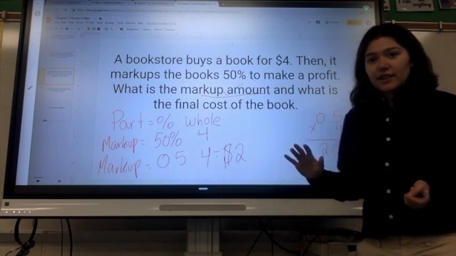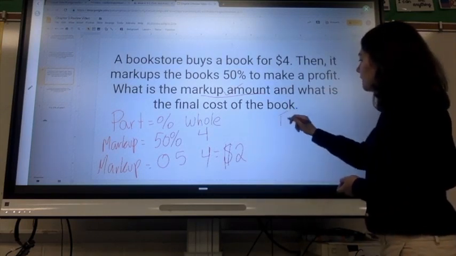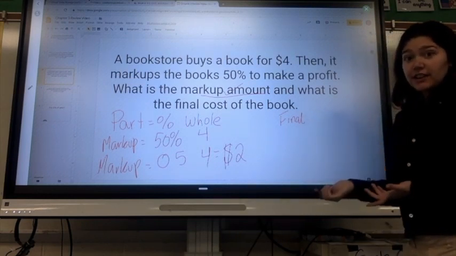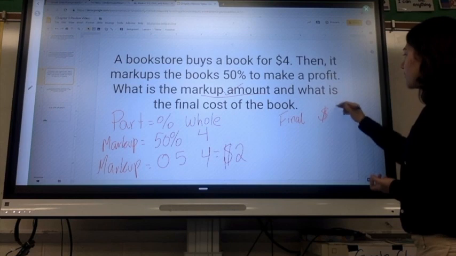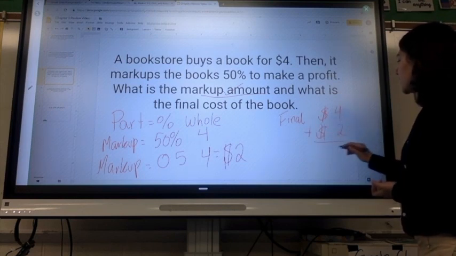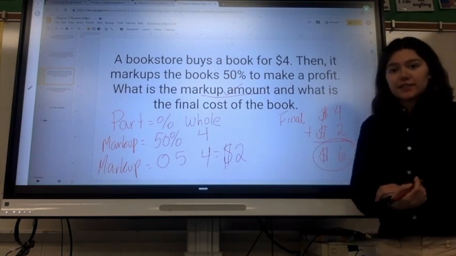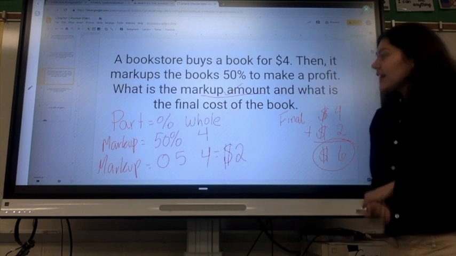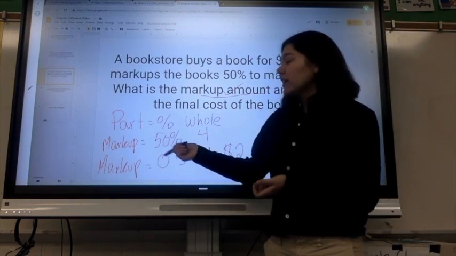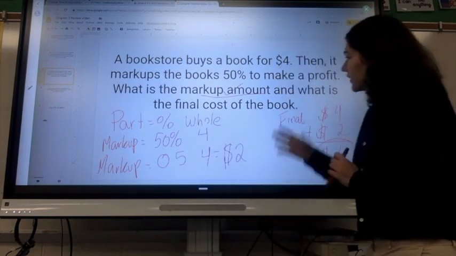However, it's not the final cost of the book. The final cost of the book is what I get when I add the original cost of the book, that whole, $4, plus the markup amount, $2. And then I get my final total cost of the book of $6. So again here, the markup is my part, my percent is my percent markup, my percent change, and then the whole is what I start with, my original is 4. And I just do the same kind of